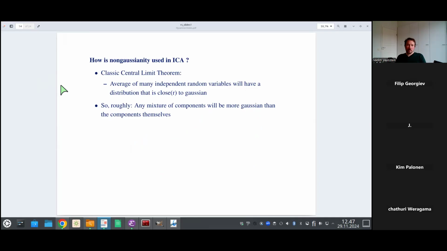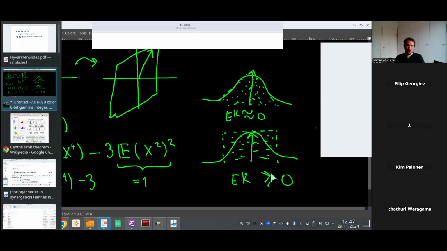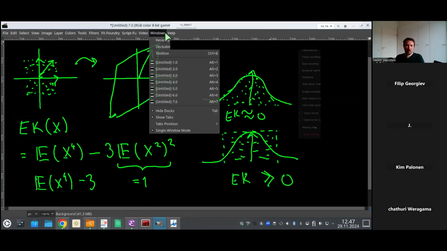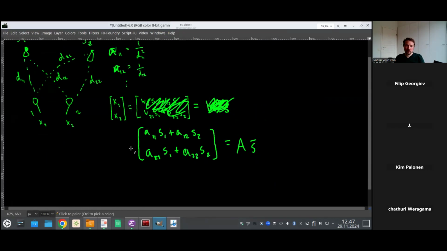Right, so what I just said: averaging many independent variables will make it closer to Gaussian. So when you have a mixture, it's going to be more Gaussian than the original components. If we look at the equation here,